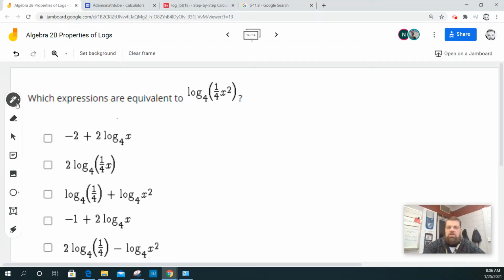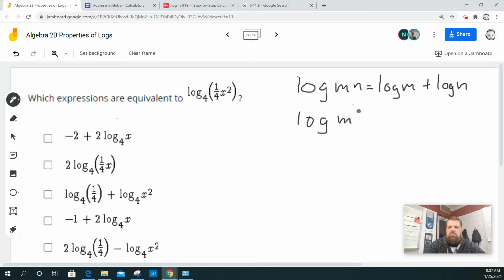All right, so for this one, we gotta do a couple of things. Remember, it's asking me which expressions are equivalent. So remember that when I have the log of m times n, that's equal to the log of m plus the log of n. Also, another property that we can use on this is that the log of m to the n